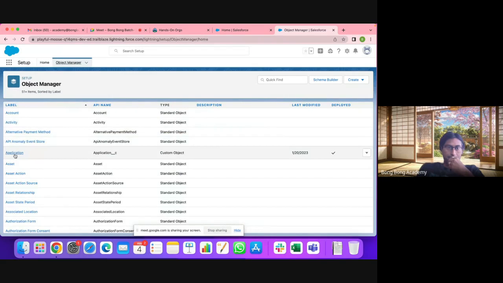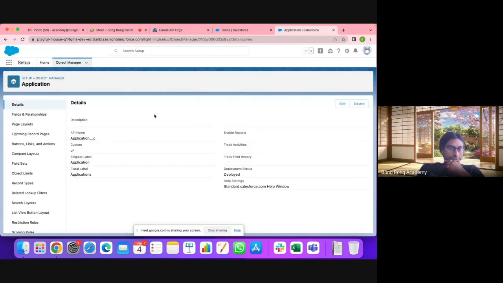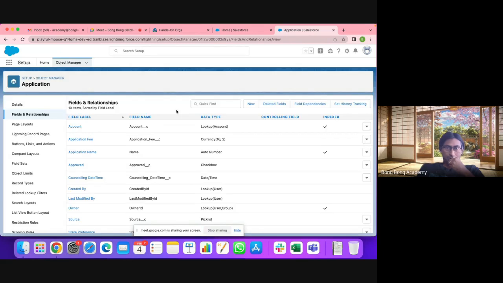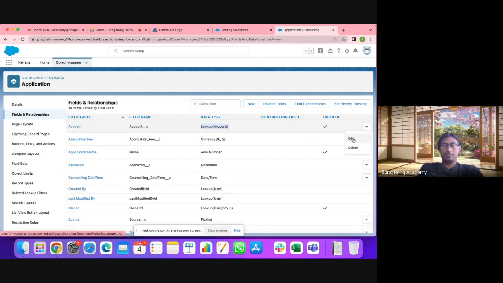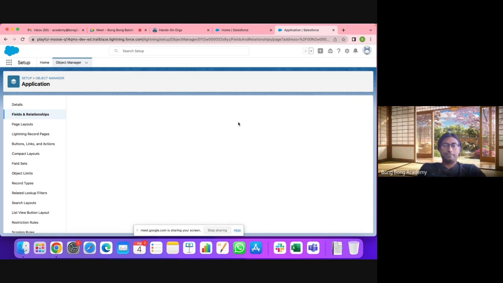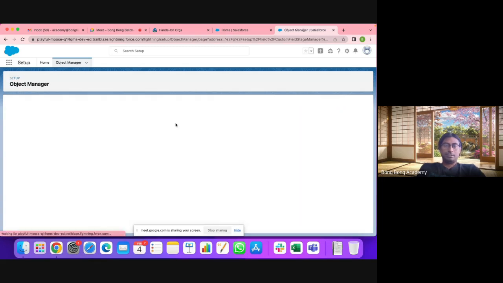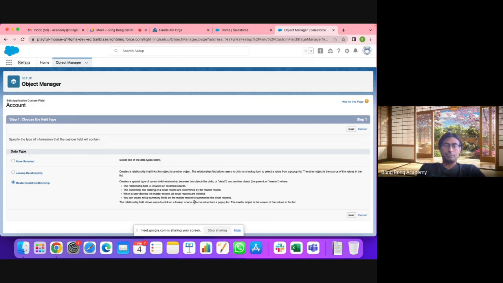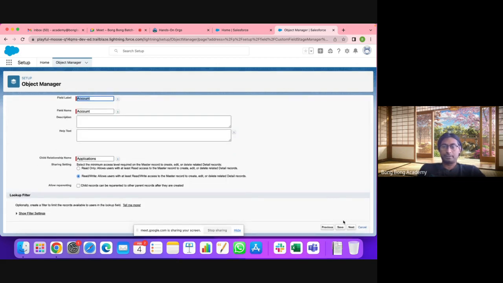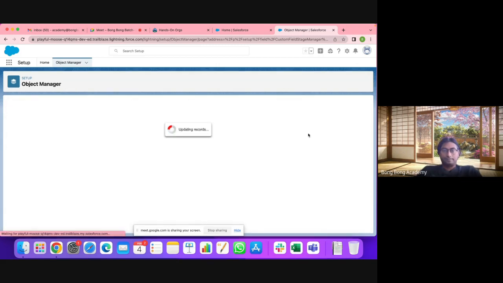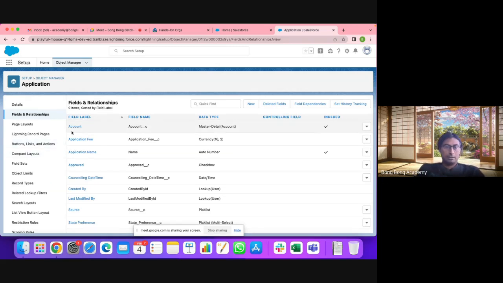Okay. So we have the application object. We had created a lookup with account in the past. We can modify this and say, let's make this a master detail field. You can do this, or you can create it from scratch also. I am modifying the existing field, so my account lookup field has now become a master detail field with account,